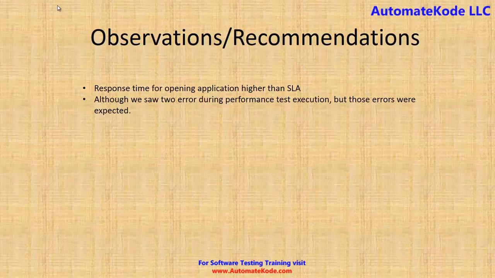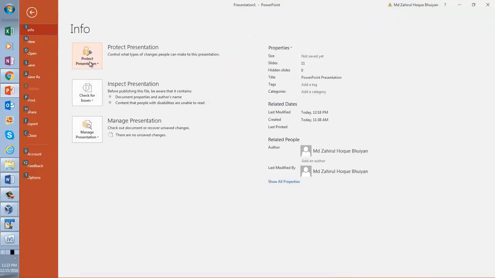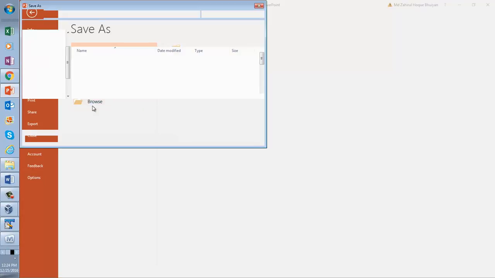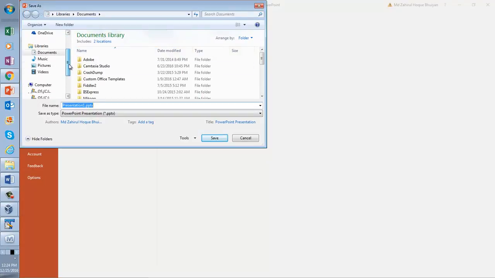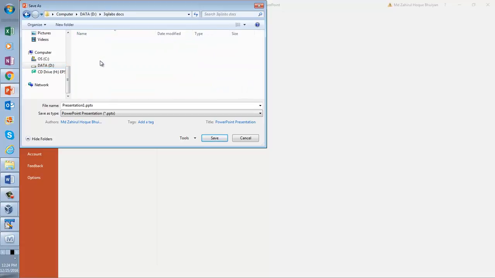And obviously after you prepare your report, you will have to save it. So where do you want to save it? To your specific place where you want to save it, you go there, and normally I save it in our performance testing folder.